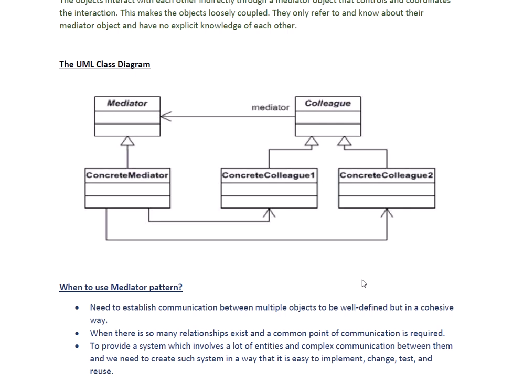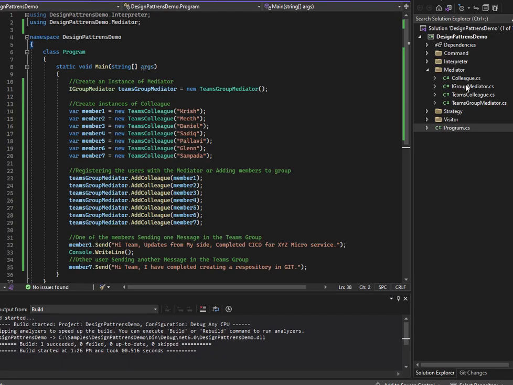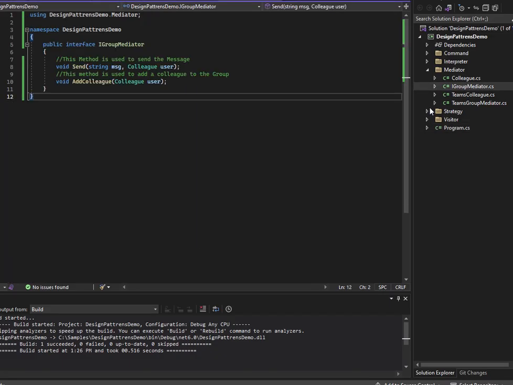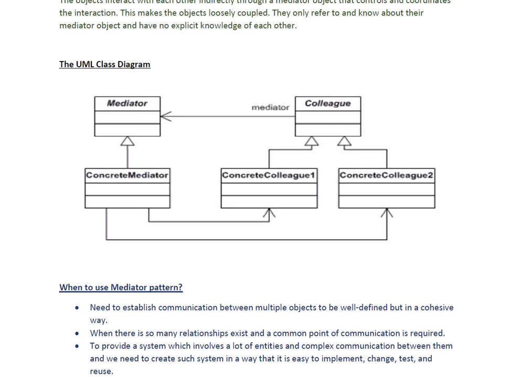Well, that's all about the UML diagram. So let's jump into the demo now. Let's start with the first thing. As I already showed in the UML diagram, I should specify a contract for the mediator,